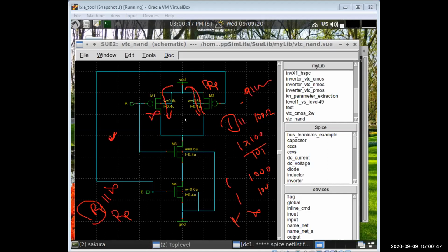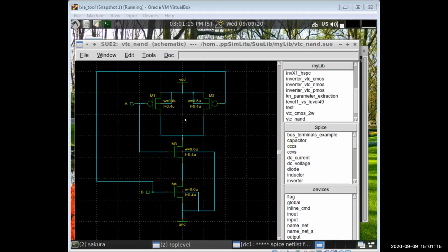For that we have to make this 2WN and this 2WN. If you make an inverter circuit with WP and WN, you can get exactly the same performance as this NAND gate at worst case condition. Worst case means one transistor will be on. So this is the thing. Okay, Satabdi, continue.